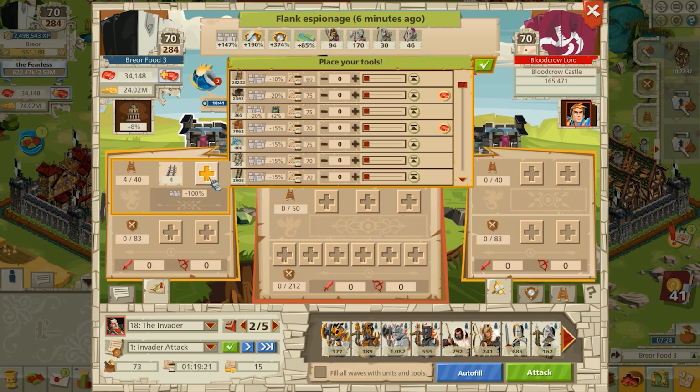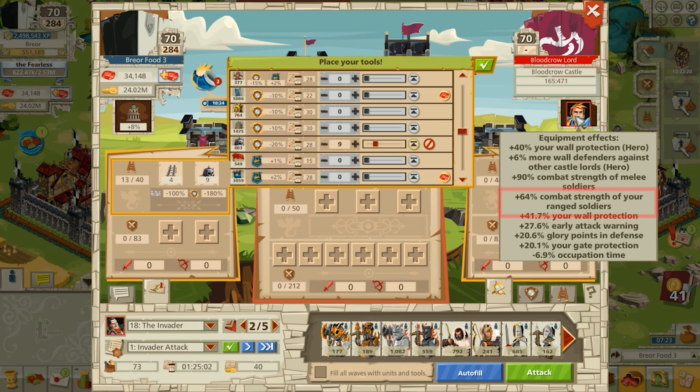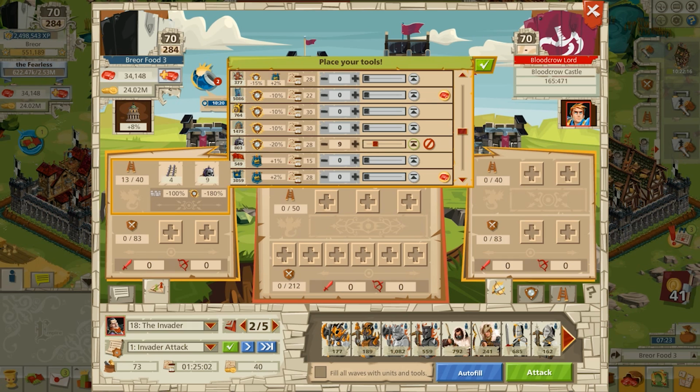The attack window says that the enemy has 347% ranged defenders combat strength, but we removed ranged tools worth 210%, so the new ranged defender's combat strength is 164%. We can verify this by checking the castellan of our target. Again, I will be using event tools for this attack, so let's use 9 invader masks to neutralize the remaining